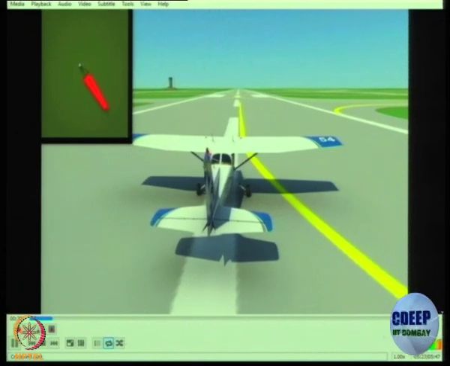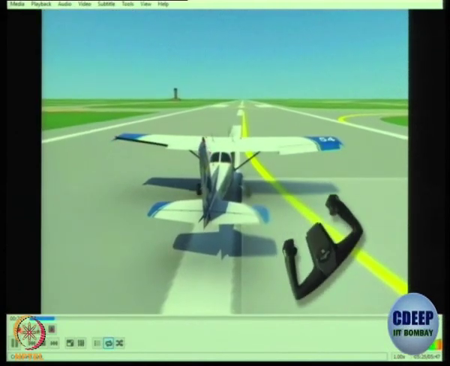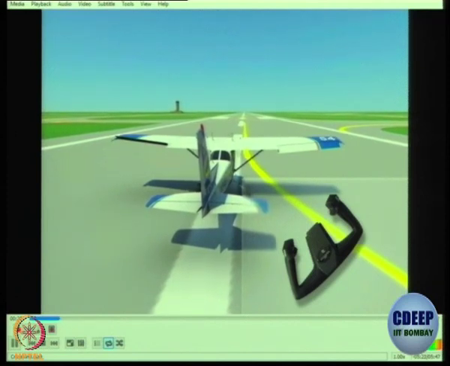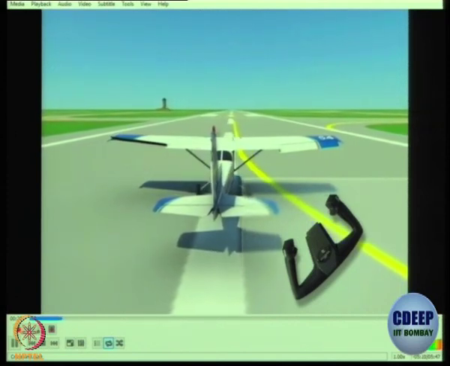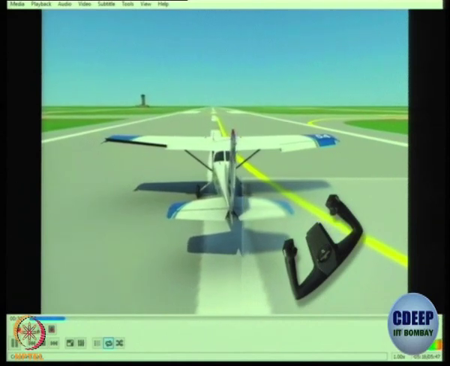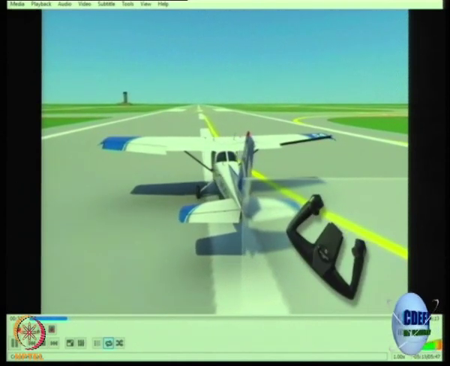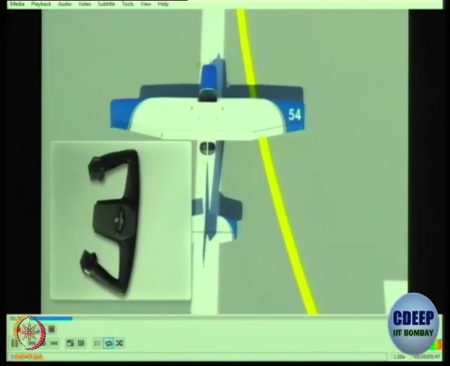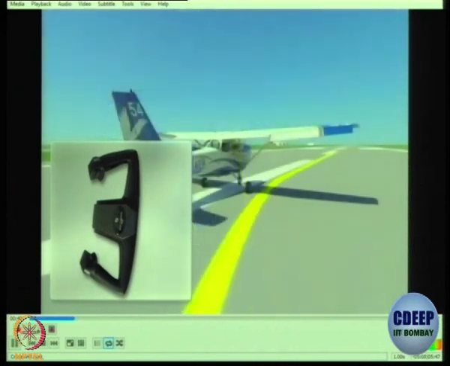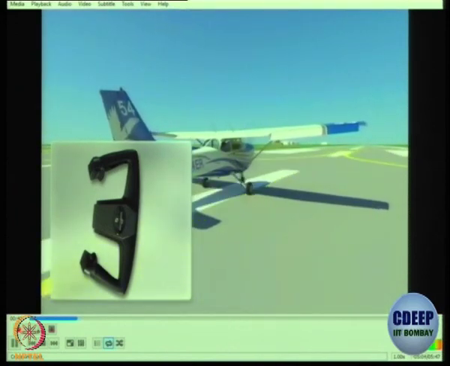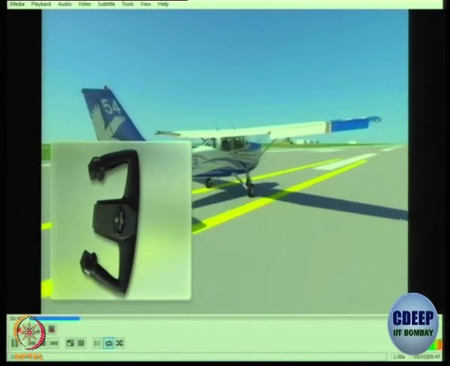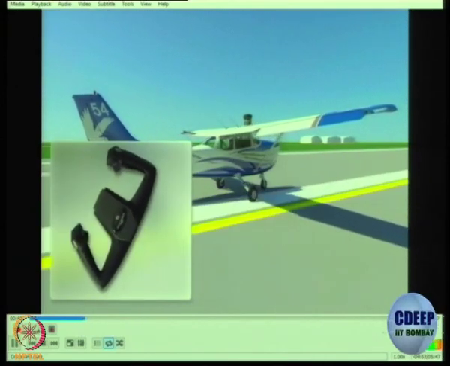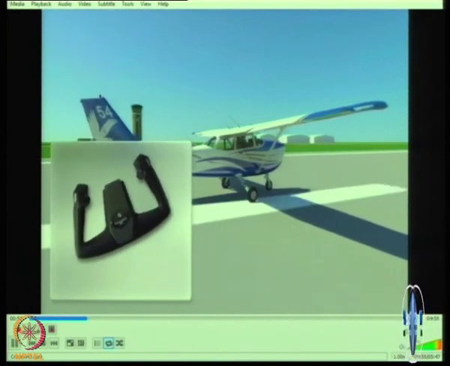If the crosswind is coming from the left, the yoke gets pointed to the left. By doing this, the left aileron is deflected up, creating a downward force on the left wing and preventing that wing from rising too early. The opposite would happen with a crosswind from the right. When lining up on the runway, you should apply full aileron correction into the crosswind. Remember that as the airspeed increases, the controls become more effective. Therefore, as the ailerons become more effective, the pilot needs to reduce the aileron input. Otherwise, you'd be overcompensating for the crosswind.